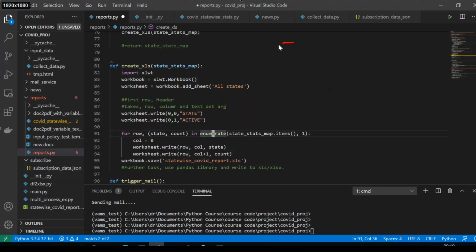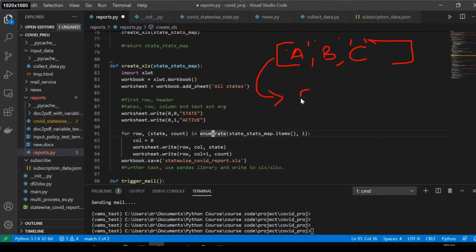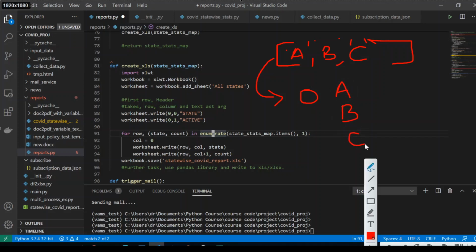For example, I have a list of values. It contains A, B, C. These are just characters. When I enumerate something, don't think code wise, what I mean by enumeration is it assigns numbers to these values A, B, C: 0, 1, 2.